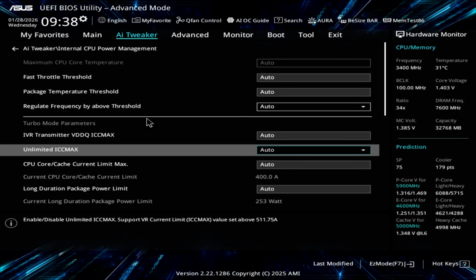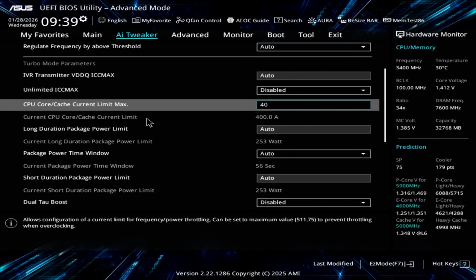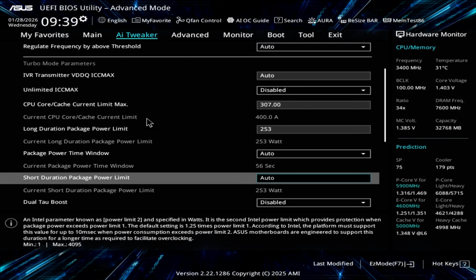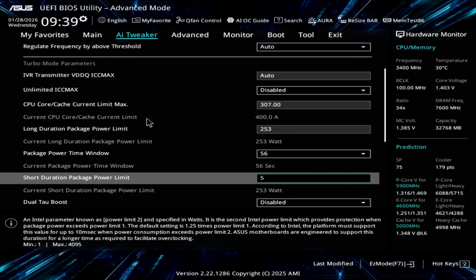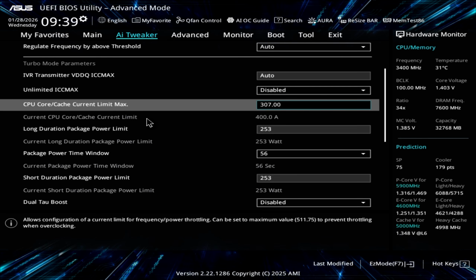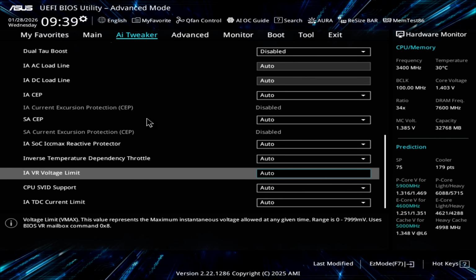We know the VRM is the real supply, but we need the SVID to be synced just to be logical. So we don't need the SSA max. This is my limit. If you leave it on auto, you get like 300. This is this limit, right? 66. This is enough for gaming, okay? Even 307 here is not for gaming, but just a little more room. We always want something here.